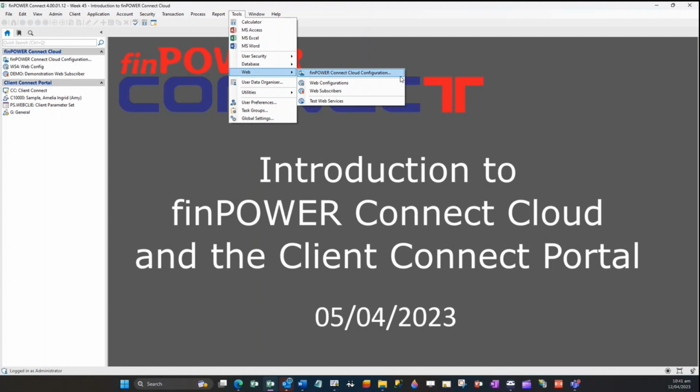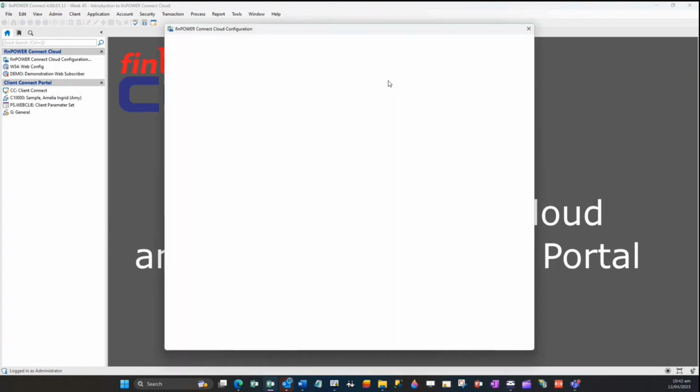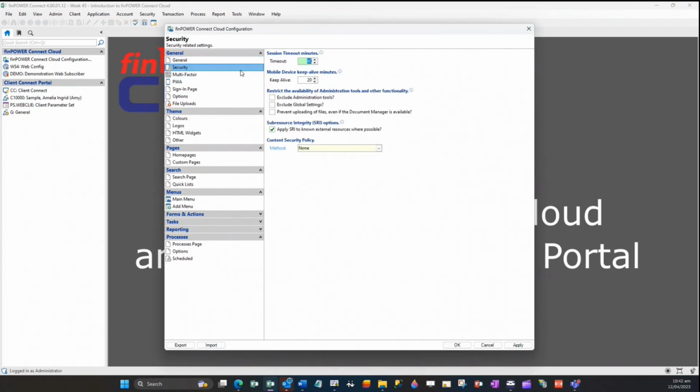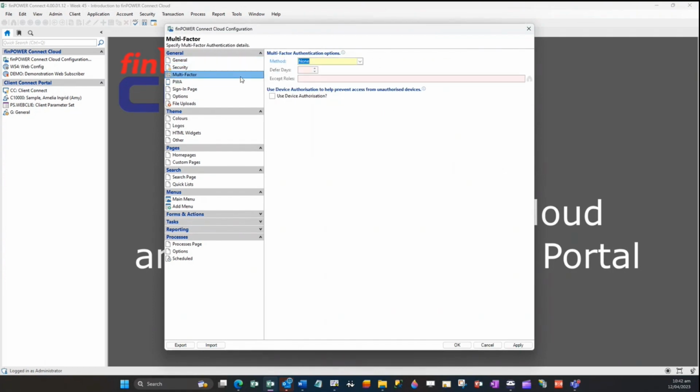You'll see here there are 4 menu items, 3 of which are required for the full configuration and are detailed in the comprehensive documentation available, but we'll show you quickly. The finPOWER Connect Cloud configuration menu controls things like the wizard to initialize a new installation, which is here, security and timeout settings, multi-factor identification settings,